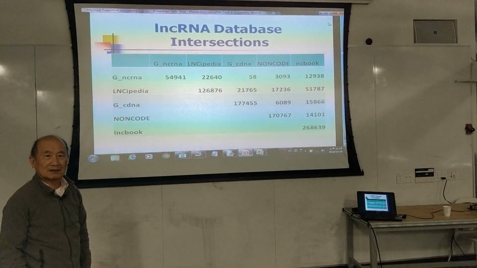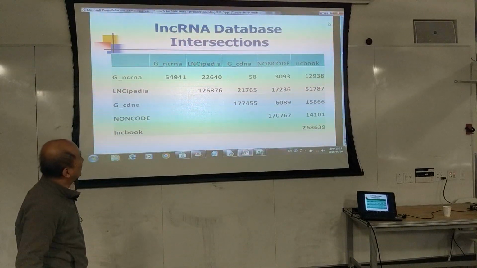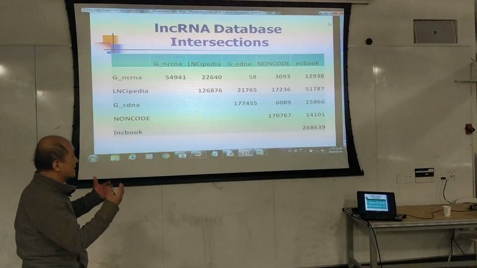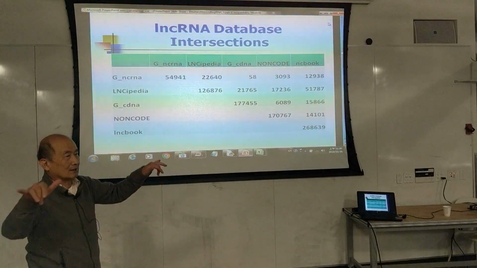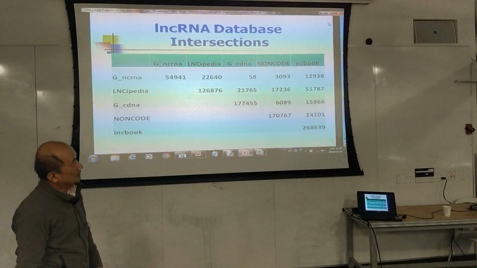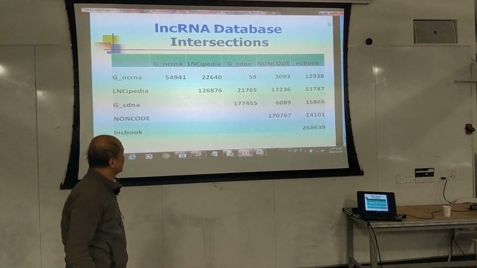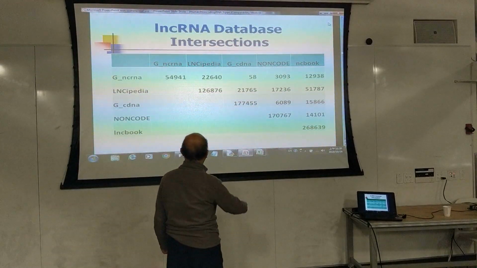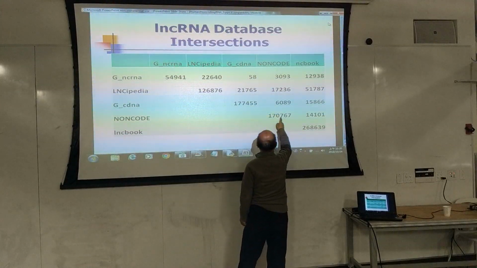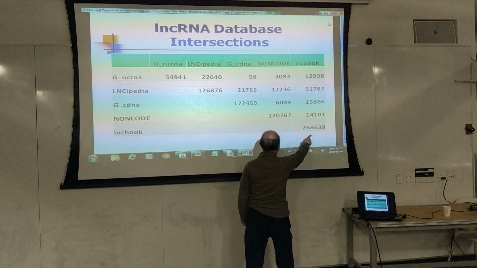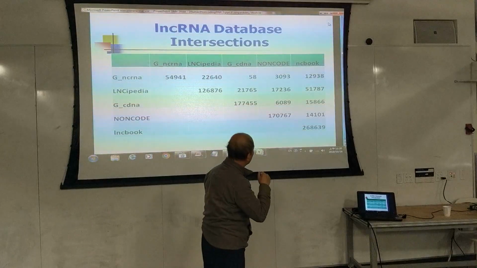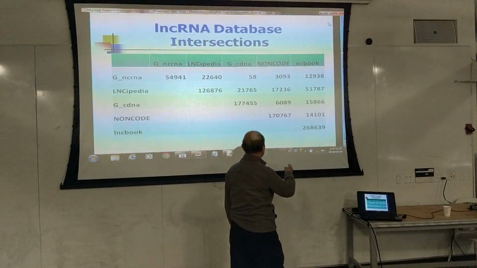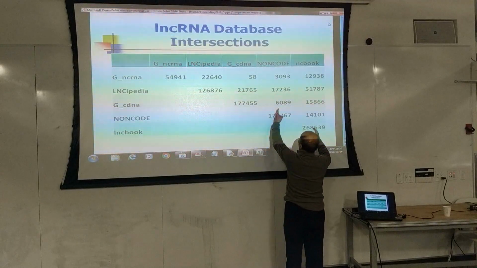The intersection is just taking two big databases and looking at the matches between the two. Here, the diagonal column is just the RNA molecules in each database, and you can see between these two databases there are 14,000